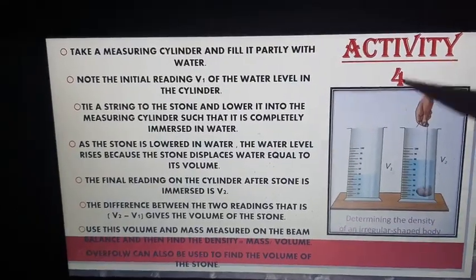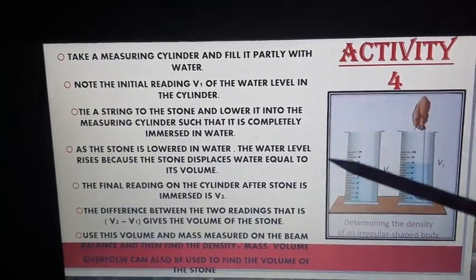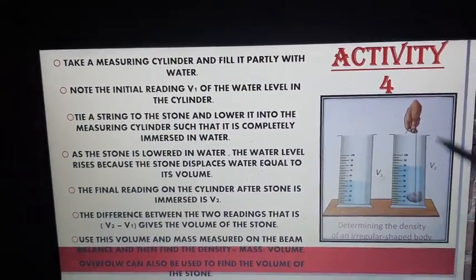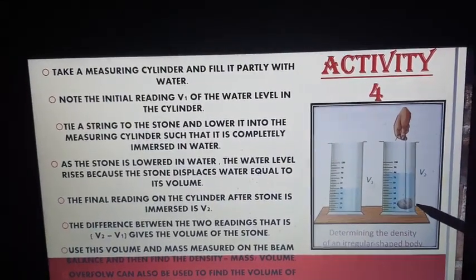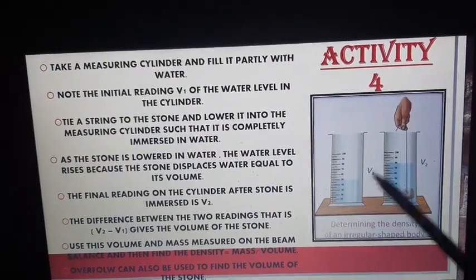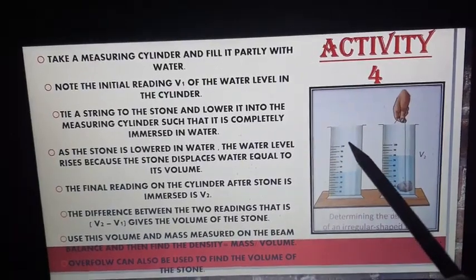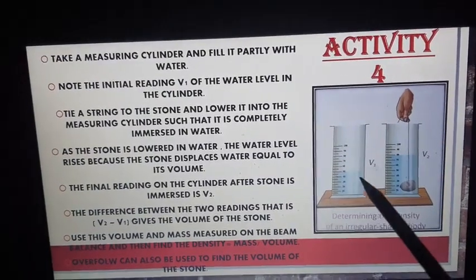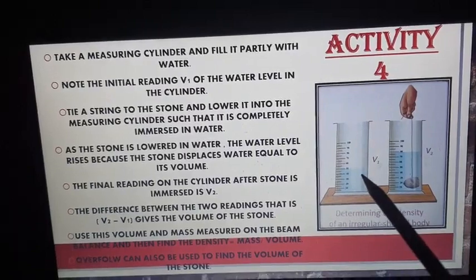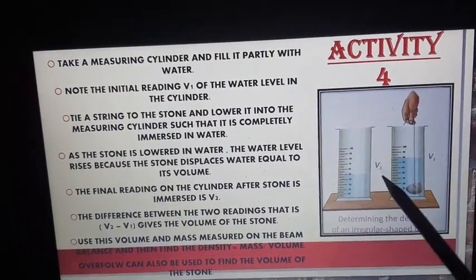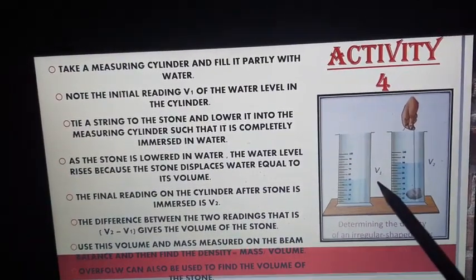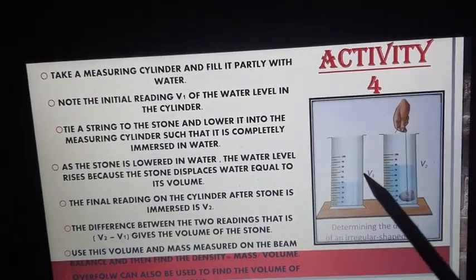Now, this reading over here, I will do the explanation first, okay? This structure over here is what is known as a measuring cylinder. So, what we do is, into the empty measuring cylinder, first we are going to take water and fill it up partially up till here, and let's call that particular volume over here as equals to V1, okay? That is the level to which the water has been filled.